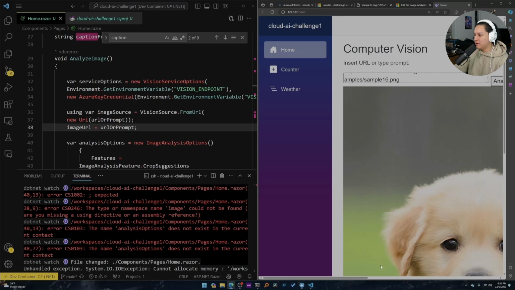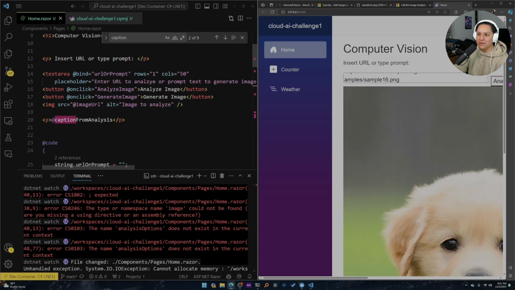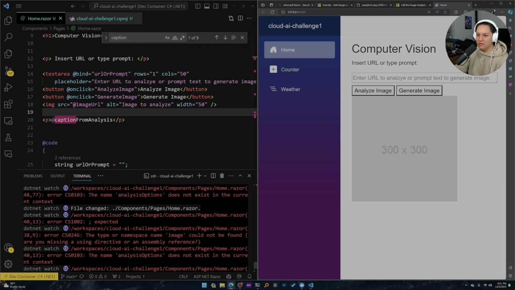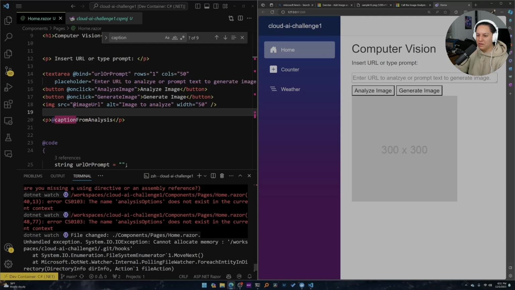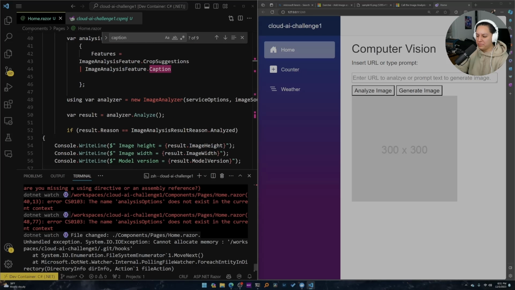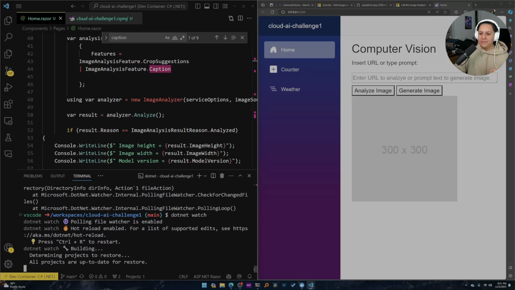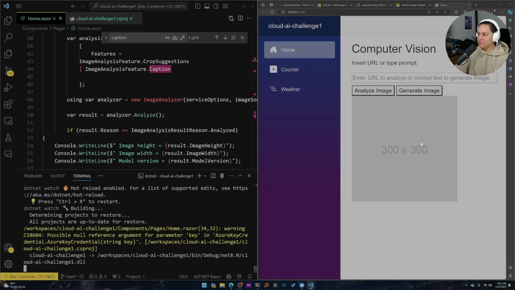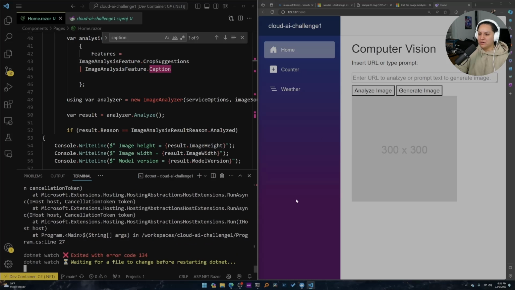A puppy sitting in, oh my, that's way too big. How do I make this smaller? Let's just say like the max I want it to be is 50. How about there? What happened? It stopped building. This is 300 by 300, so